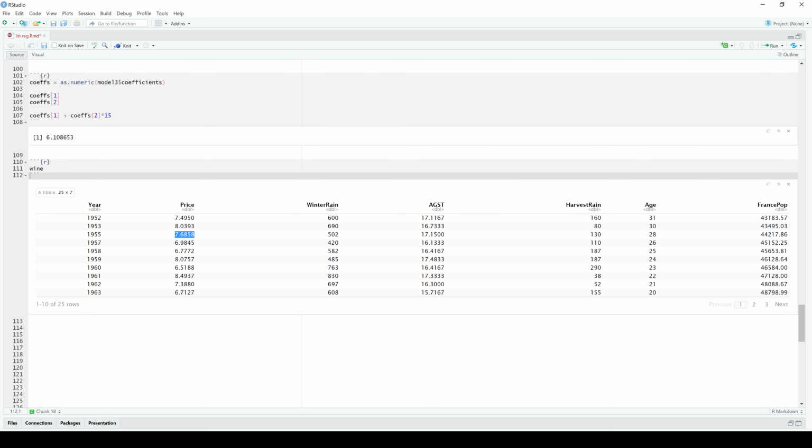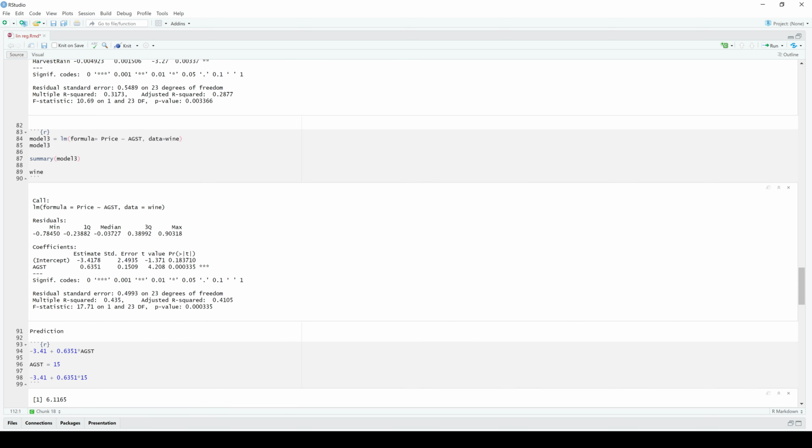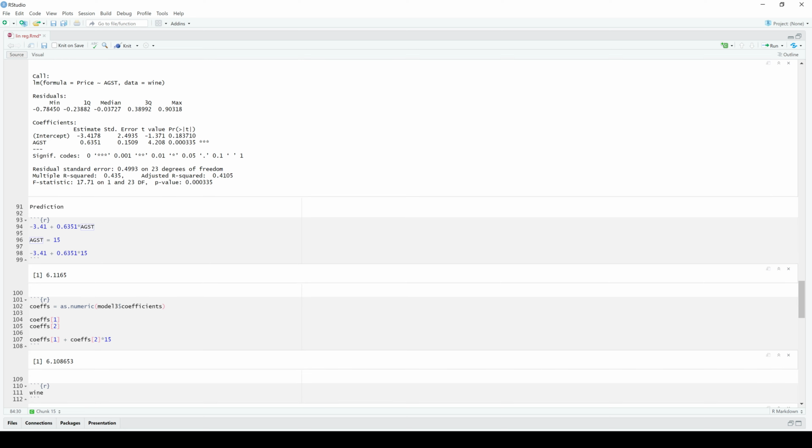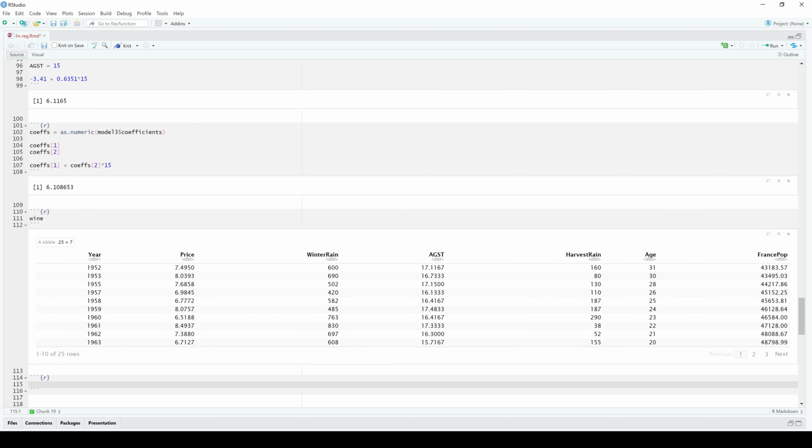In our model, what are we using? So in our last model here, model 3, we're using AGST as input. If I scroll down, that means I can take these values for AGST, these first three values, use them to predict what the price of the wine will be, and then I can also compare that with the actual price because I also have that available. The difference between them will give me the error. All right. So we already got the coefficients here, right? So this is our model,